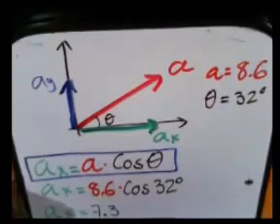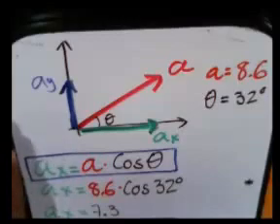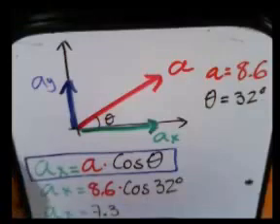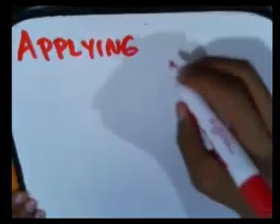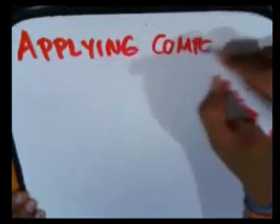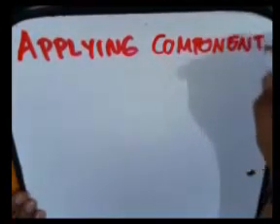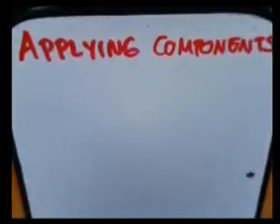Okay, so that's the part of finding the components, and we're gonna move on with the next thing. Okay, this last part is about applying the components of a vector into something that is more meaningful to us. So